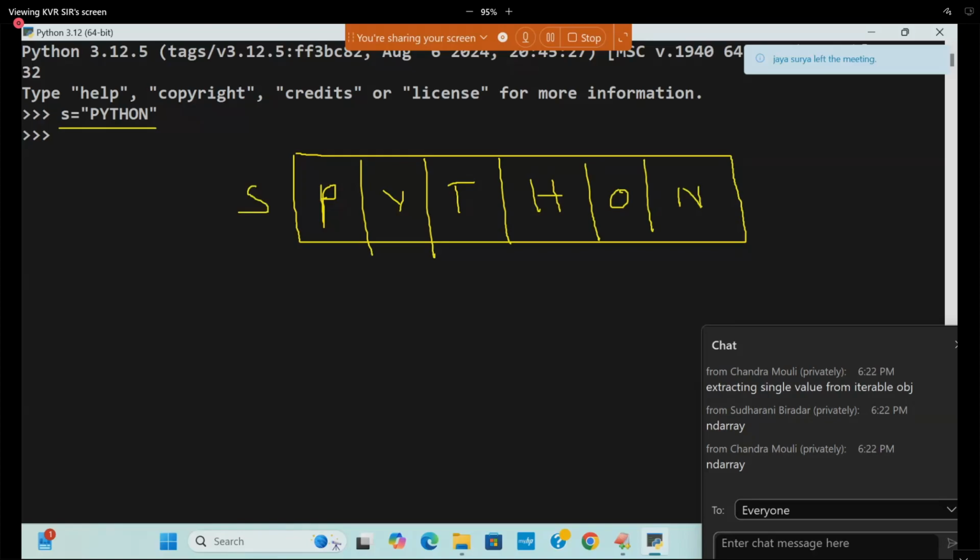This is known as positive indexing, the forward direction. And this is going to be called -1, -2, -3, -4, -5, -6. Students generally think it is a backward direction, but that is wrong.